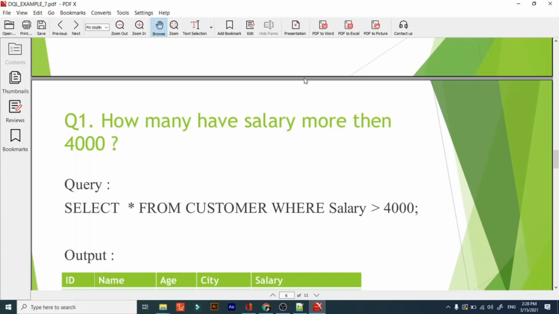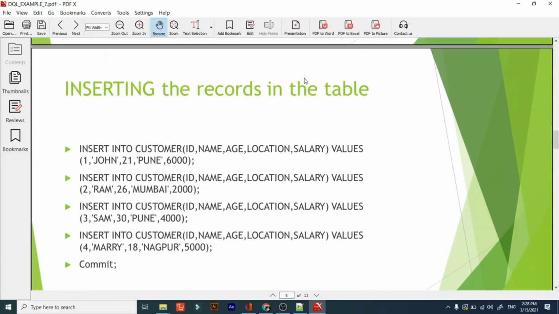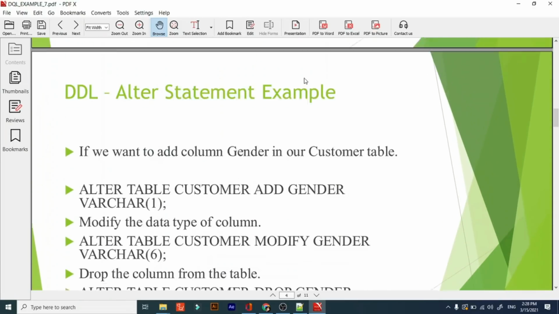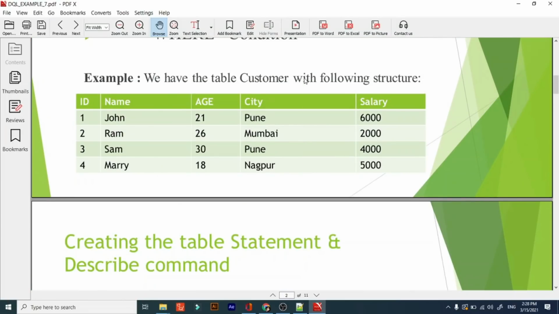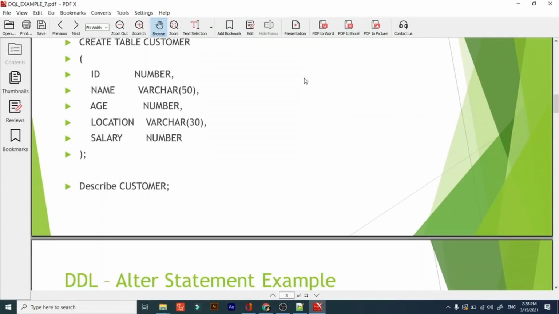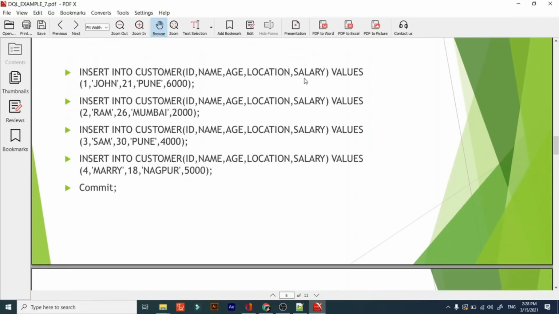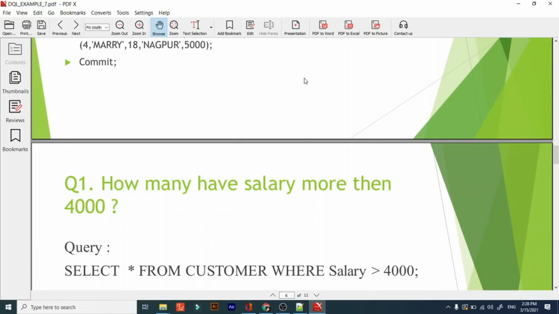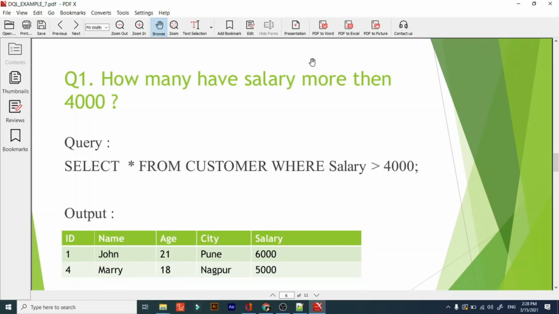Now we will answer a few questions, like how many have salary more than 4,000. So this is our data set. You have to answer how many have salary more than 4,000. It's a very simple command.